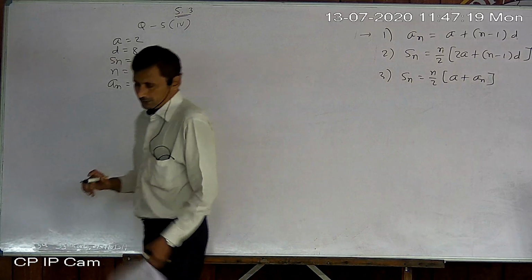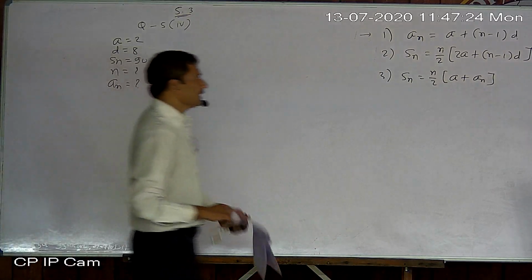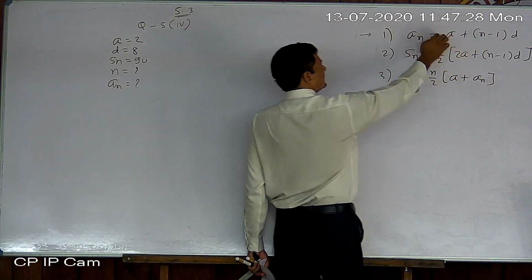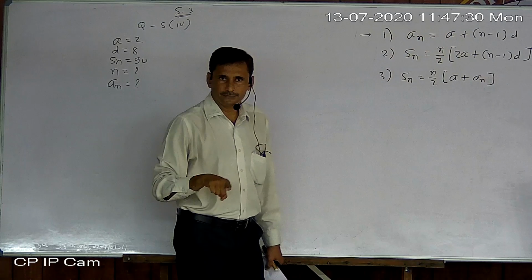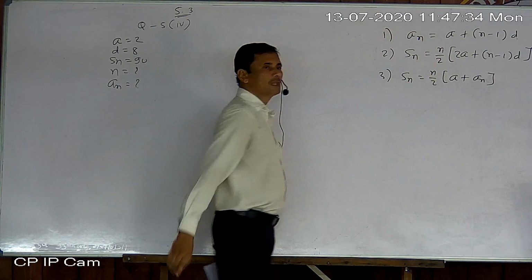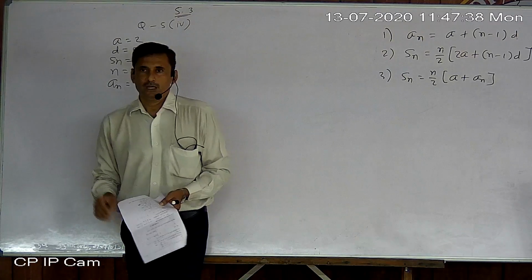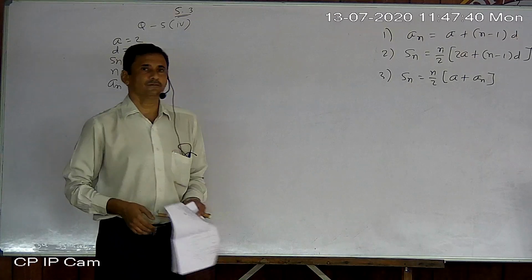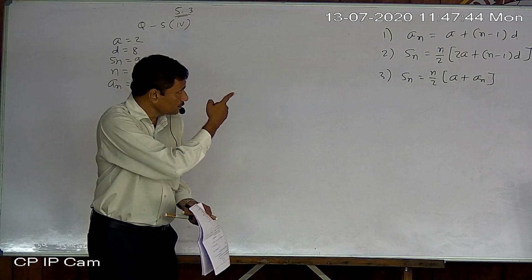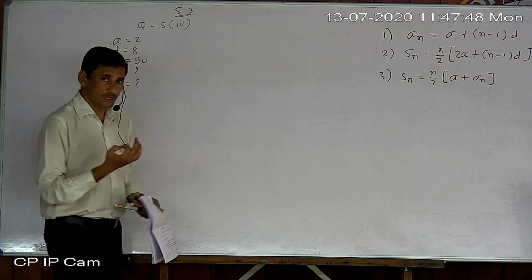Okay, but remember one thing. Whenever n is missing in this formula, we can very easily find n. But when n is missing in this formula, then we cannot find n so easily. Why? Because there will be a quadratic equation, since n comes two times in multiplication. So there will be a quadratic equation from there.